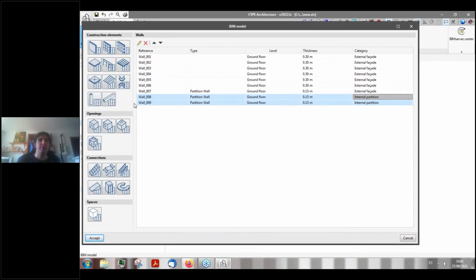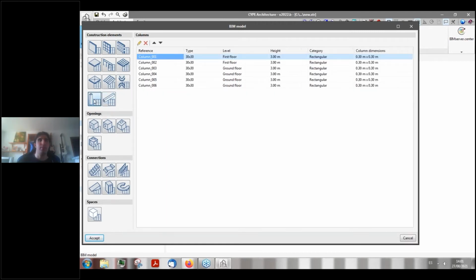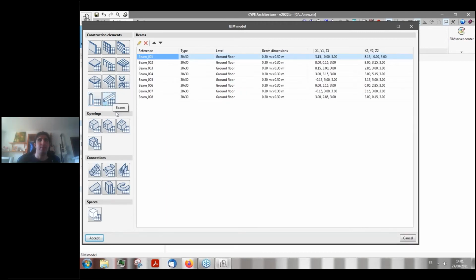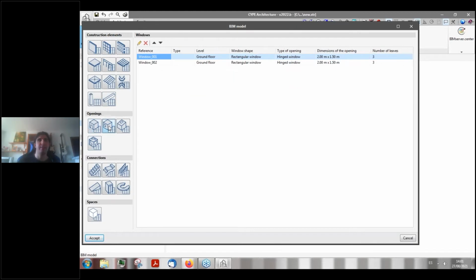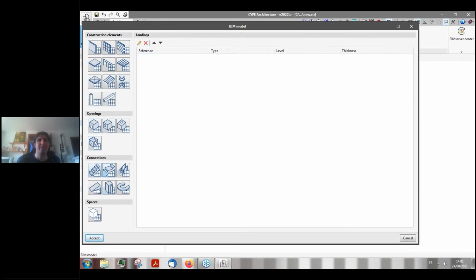Same thing would apply if we were to look, for example, for the columns, the beams, the openings. As you can see, little by little, our project is starting to take shape. And the last BIM element that we have to insert is spaces. This will be very useful when you want to work with, for example, your thermal analysis or your acoustic analysis,